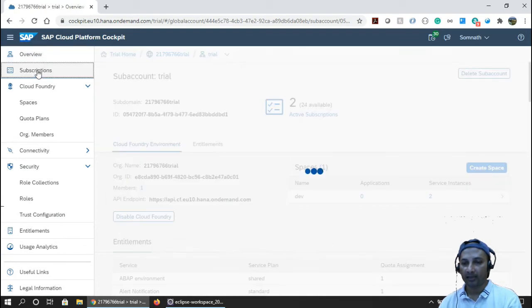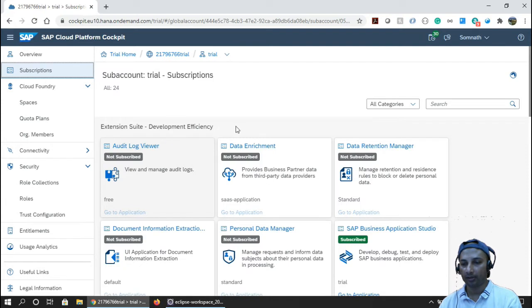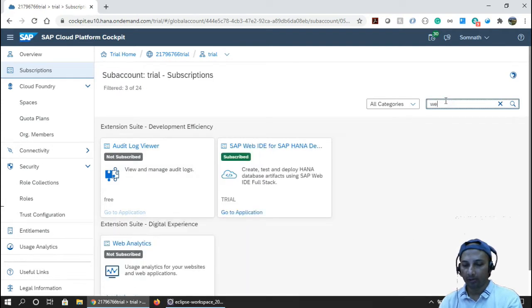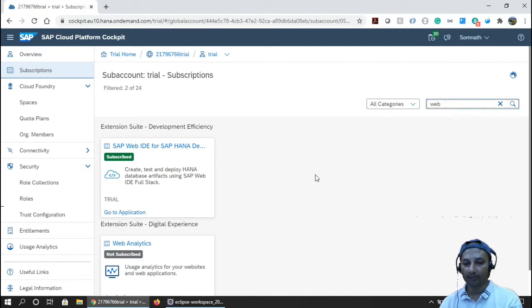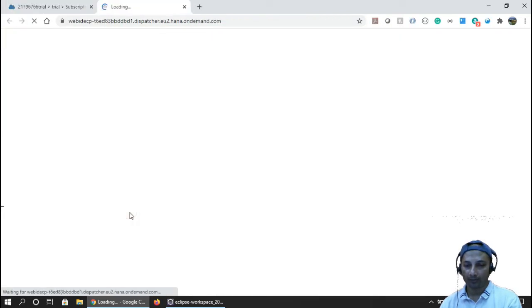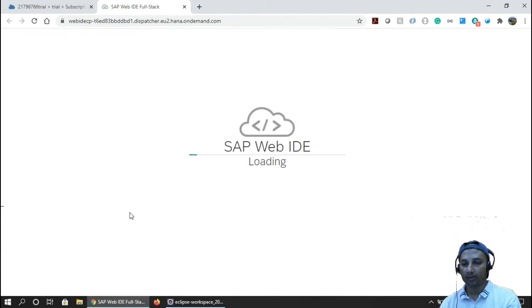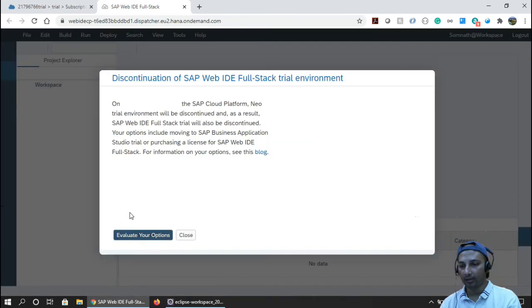In case you haven't yet subscribed, which is definitely not possible as you are all working, I believe it should be subscribed. Otherwise, you need to subscribe to this service, and you just click on go to application. Okay, so now this IDE is working. And my instance is actually in the AWS Frankfurt data center.